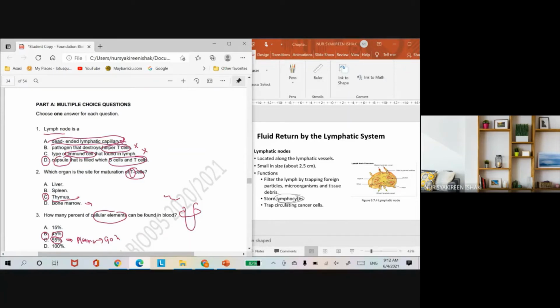All the nutrients and the respiratory gases are also in the plasma. As for the cellular elements, you have the red blood cells, the white blood cells, and in between them a thin layer composed of the platelets. So if you refer to your notes here,